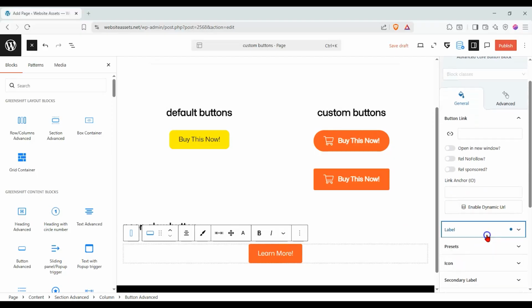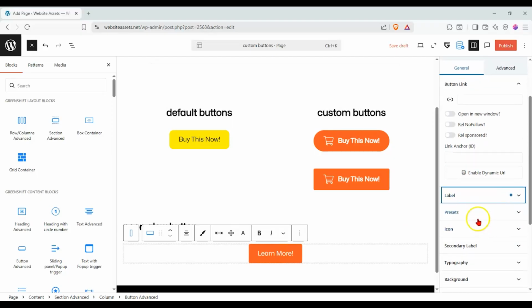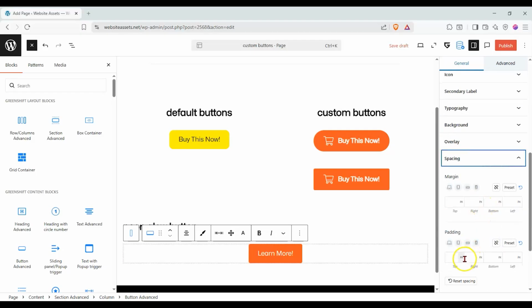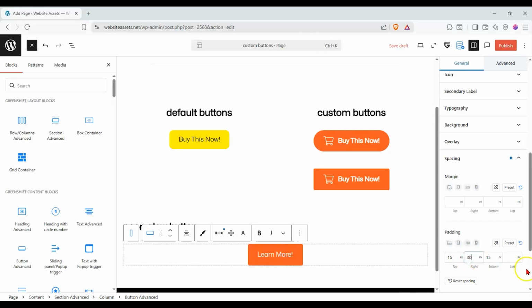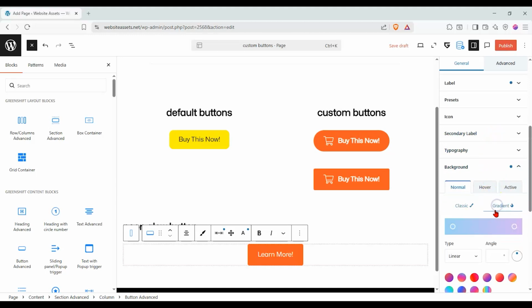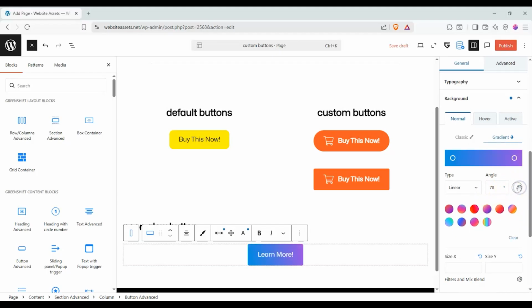okay, and then we're gonna follow the same kind of guidelines, same kind of golden ratio rule, and we're gonna go ahead and add some spacing here. So 2 is to 1, so 15, 15, 30, 30. Okay, that looks good, and we're gonna keep it as that. We won't mess with the border radius anymore, but we are going to play around with the colors. So under the background, we're going to put a gradient, and we're going to change the gradient to something like